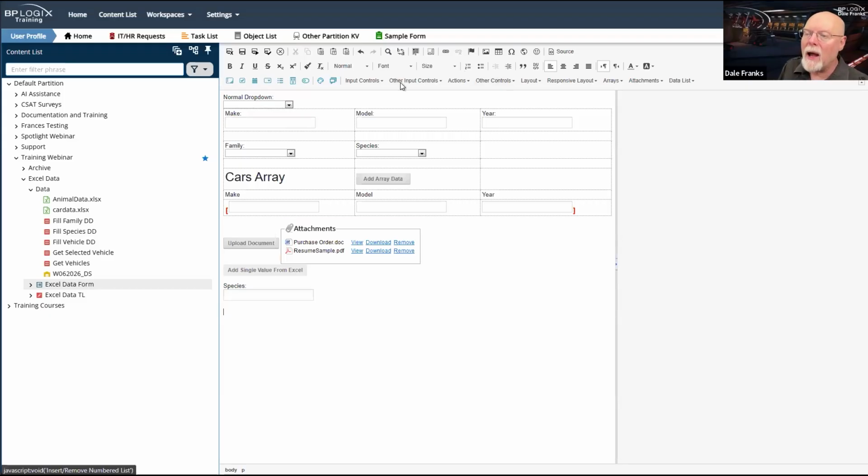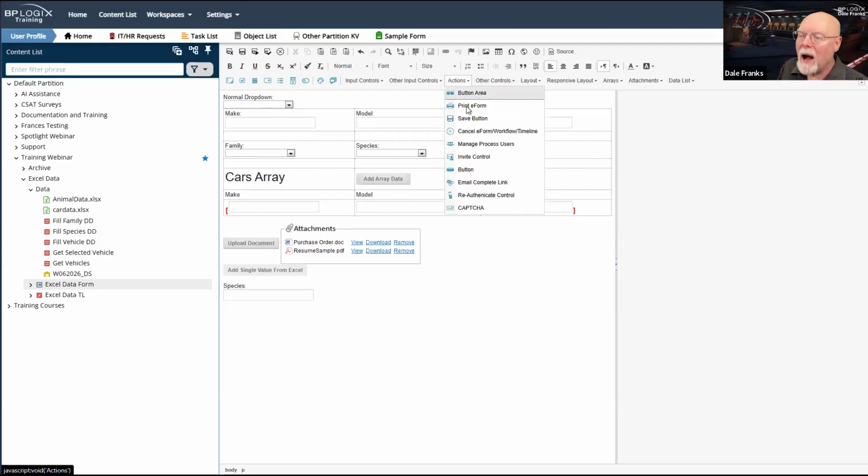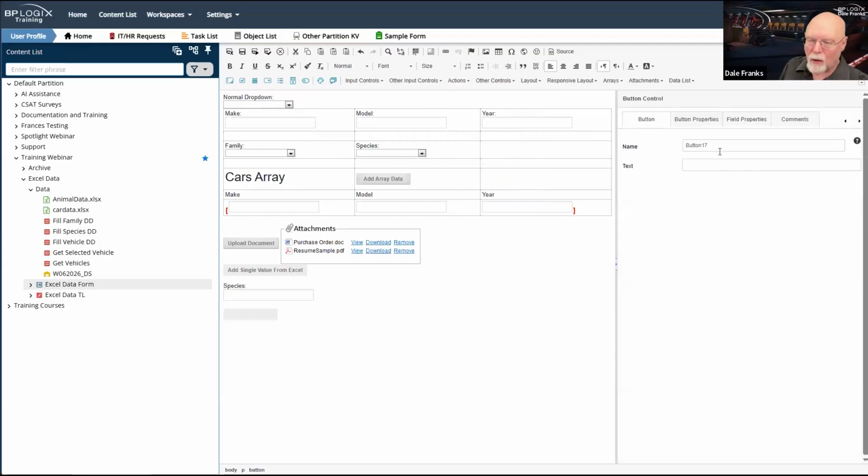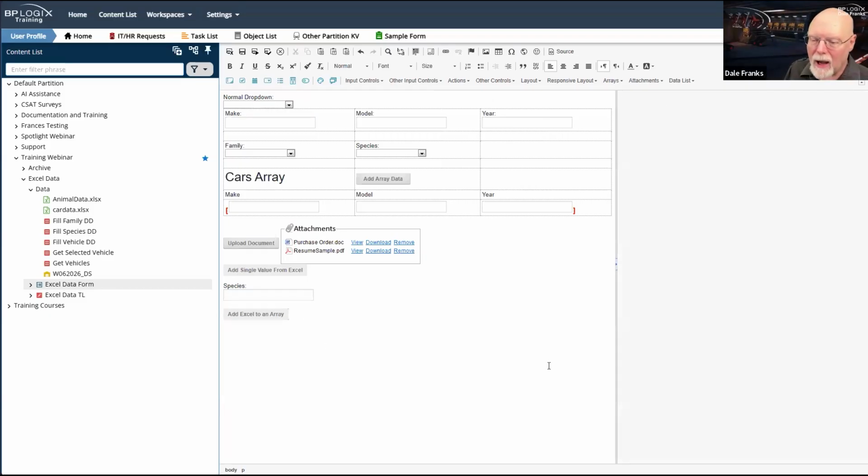And I'm going to go ahead and add the controls that I need right now while I'm here instead of going back and forth. So this will be button Excel 2 and add Excel to an array. This is cell. Okay, add Excel to array. And I am going to do a quick and dirty array here.